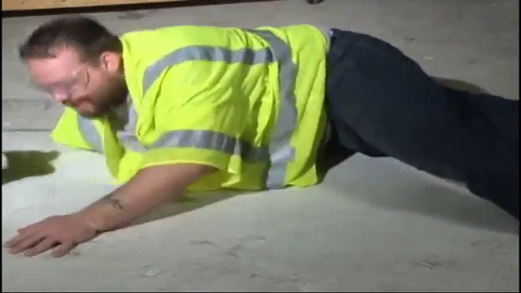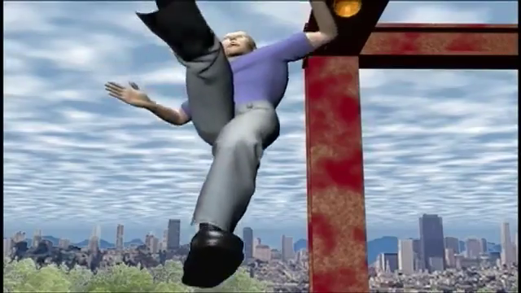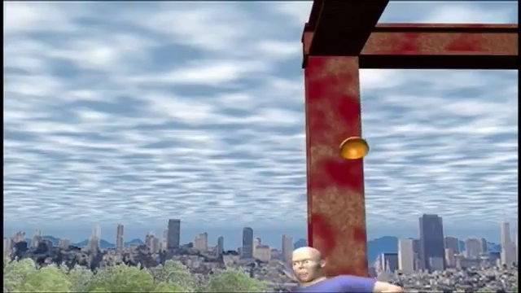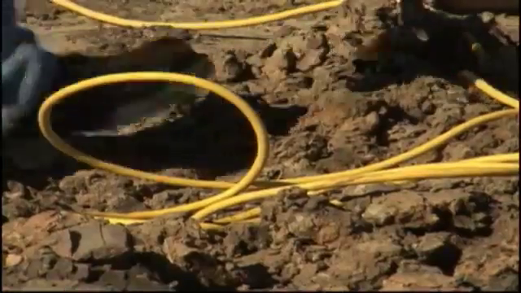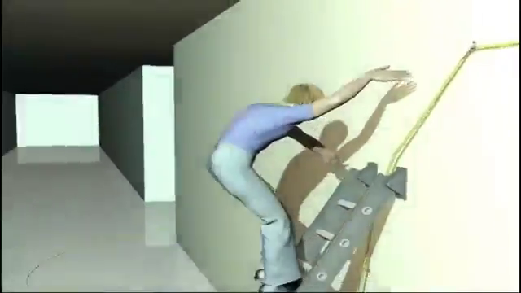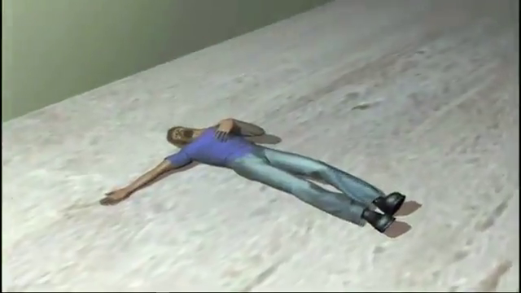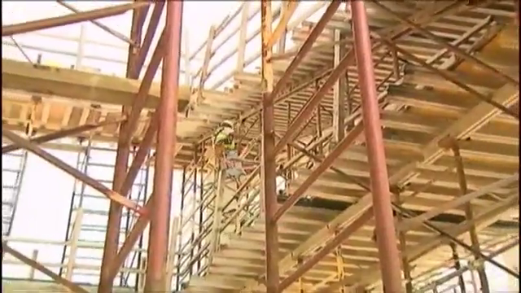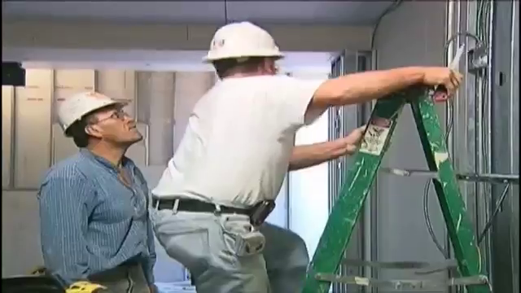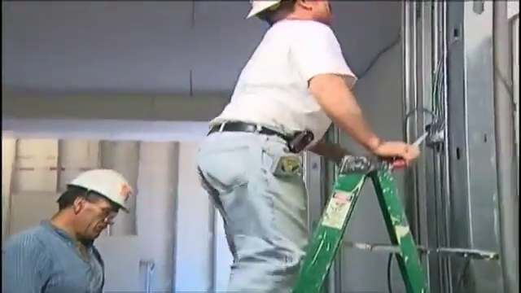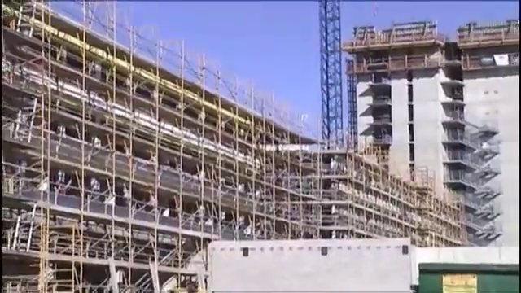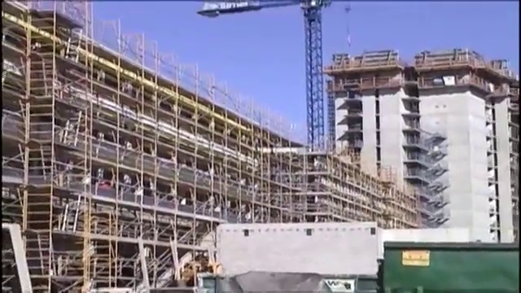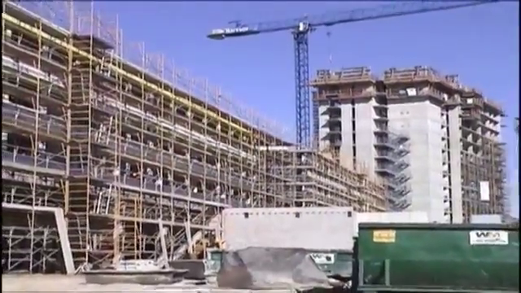A fall occurs when you are thrown off balance and you go from a standing or erect position suddenly and unexpectedly to a downward movement, or you drop from one level to a lower level. Slipping and tripping usually results in a fall. Other types of falls include falls from ladders and scaffolds. Misuse or inappropriate actions can be very dangerous when using ladders and scaffolds and usually lead to injury accidents.